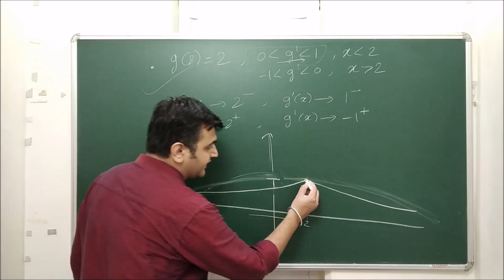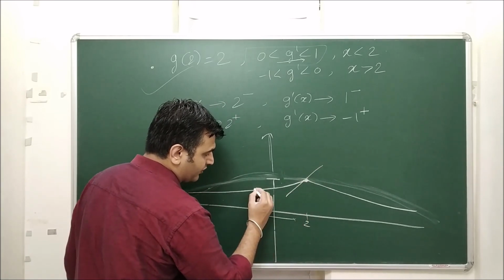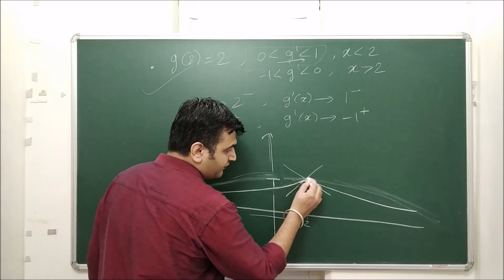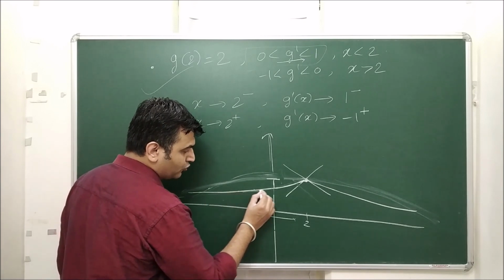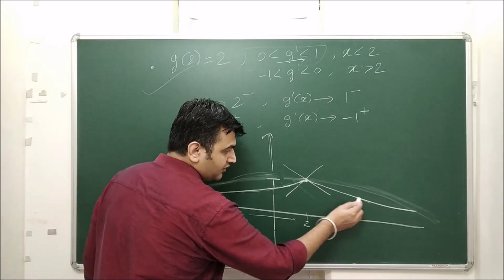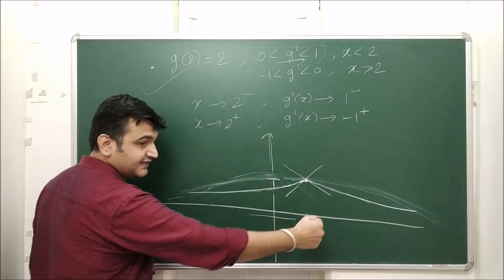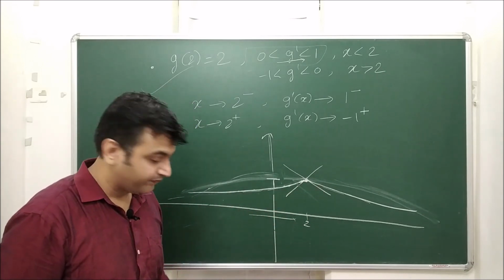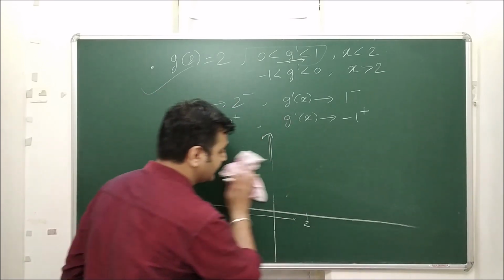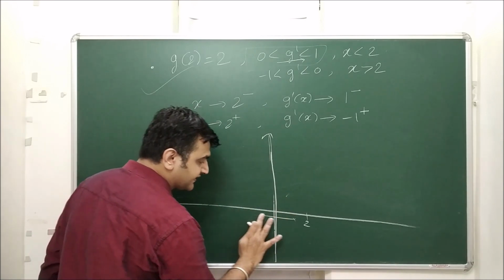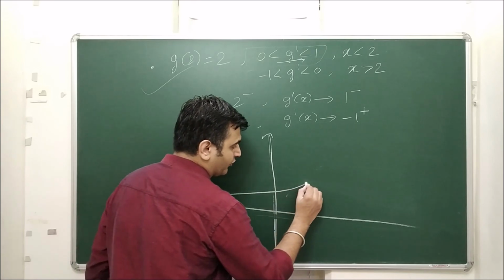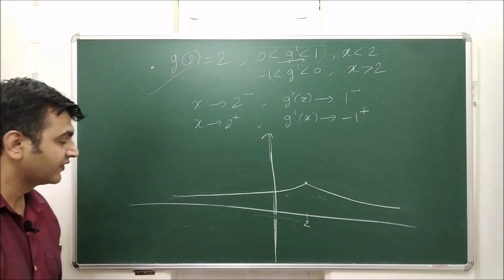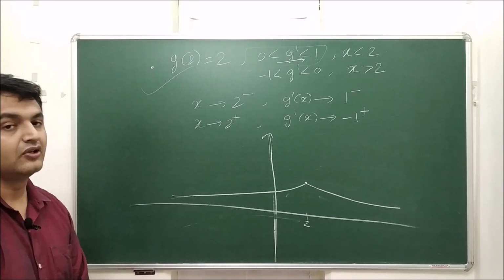Then you can see that this will be the tangent line for this curve, and for this curve this is the tangent line. As it is increasing, you can see that the slope is going towards 1, and here the slope is going towards -1. So the slope of this tangent line is 1, the slope of this tangent line is -1. So the rough sketch for this graph is: it's increasing, but it's increasing nicely. Moreover, it is concave up from here. It's not differentiable at 2, and here also it is concave up from here. So this is how the graph of this function will look.